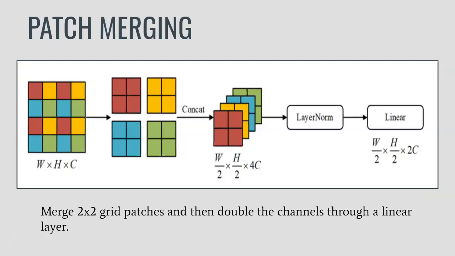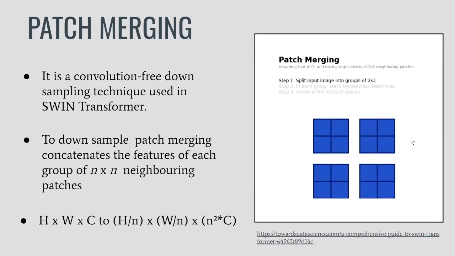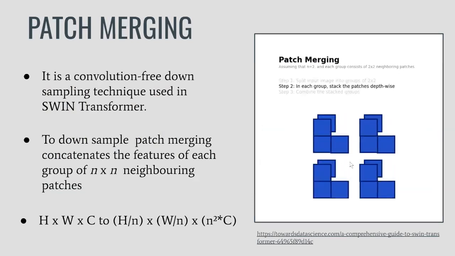So basically, in this context, token refers to the smallest unit in a feature map. To downsample features by a factor of, let's say, n, patch merging concatenates the features of each group of n cross n neighboring patches. I know it can be a little difficult to understand, so for this reason, I've added an illustration. Let's just have a look at it. So as we can see from this animation,